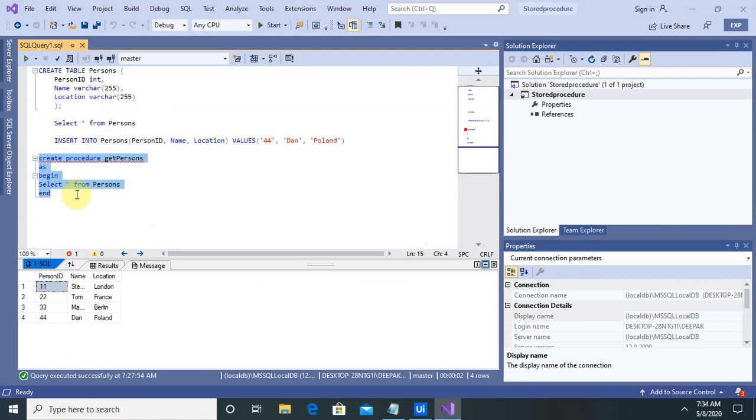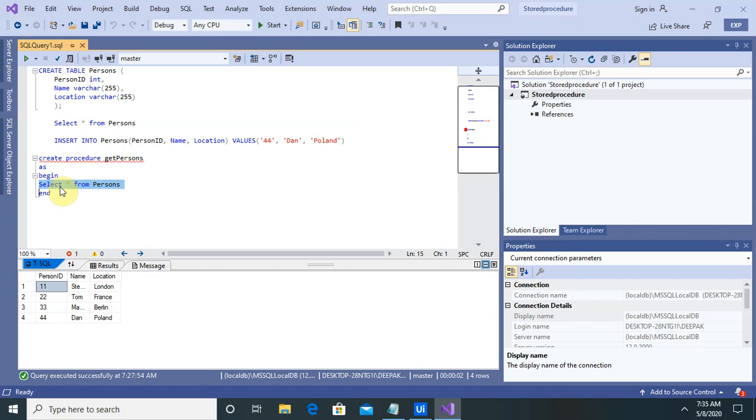In this stored procedure, I am only selecting the data. For creating a stored procedure, you have to write create procedure and then your stored procedure name. This name you are going to use in the UiPath activity for calling your actual data. A stored procedure starts with as begin, then our actual SQL query. In that SQL query, what you want to display or execute inside your data is totally dependent on your requirement.